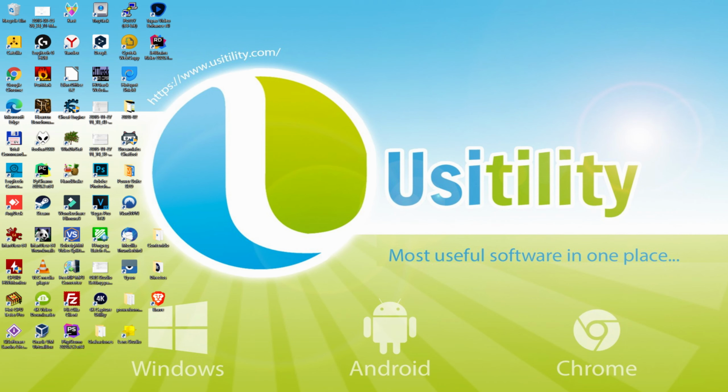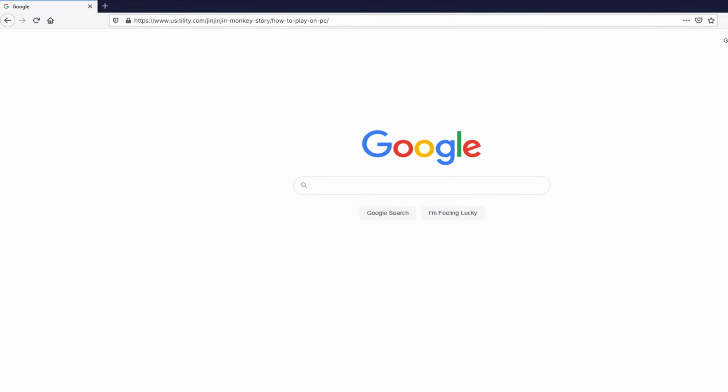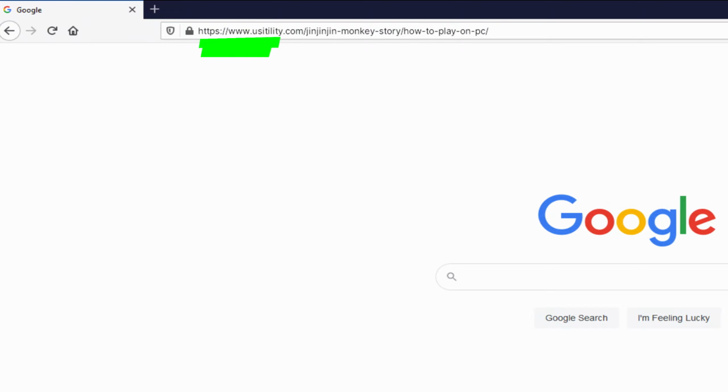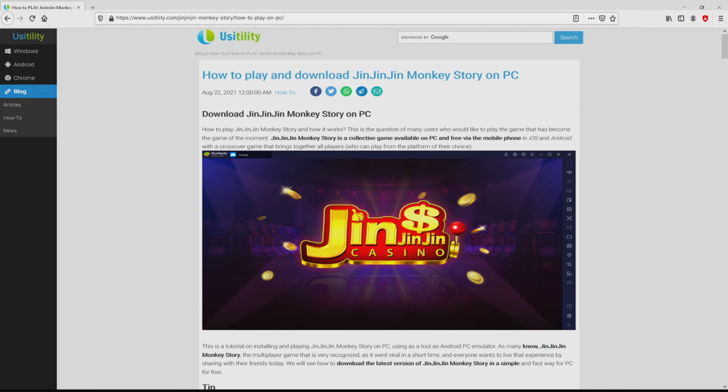First of all buddies, the first thing to do is to launch our favorite browser. We selected the one we use by default. Let's go to this URL that I have highlighted in green color. Now, you can discover it on the screen of the PC. There is no need to type it, simply because there's a clickable link in the description of this video and the first pinned comment. We landed at this point on our internet site of Usitility,